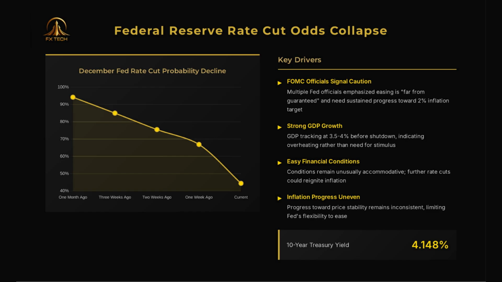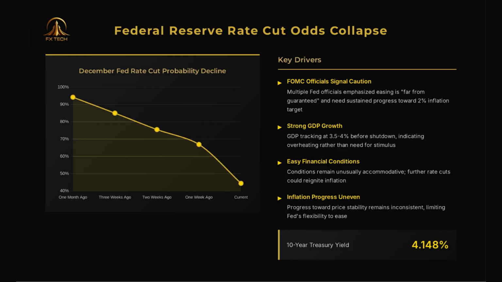Fed Chair Powell's recent comments reinforce the message that the central bank will remain data-dependent and patient. This hawkish pivot has significant implications for AUD/USD. Historically, a hawkish Fed supports the US dollar, creating headwinds for AUD. However, if the RBA maintains its own hawkish stance while the Fed delays cuts, the interest rate differential could actually